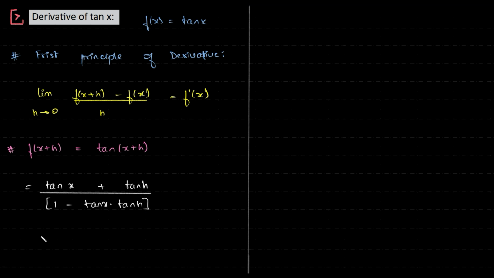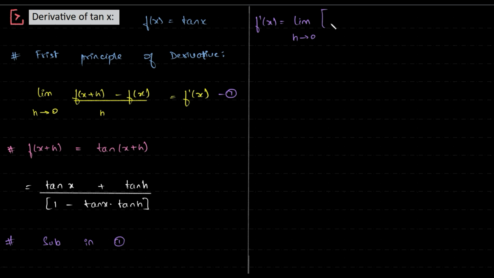And now what do we do with this? Substitute it into 1. So we have f prime of x is equal to limit h tends towards 0,